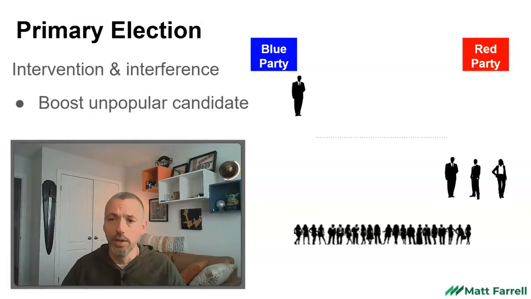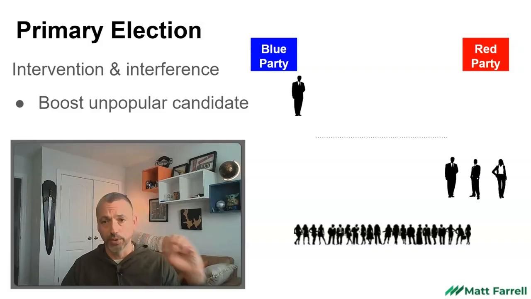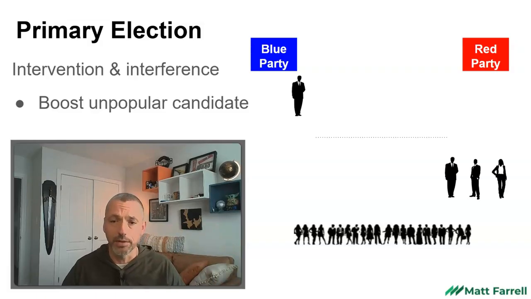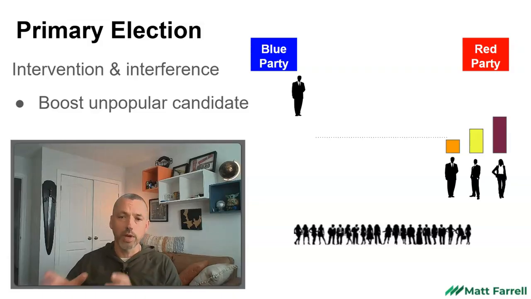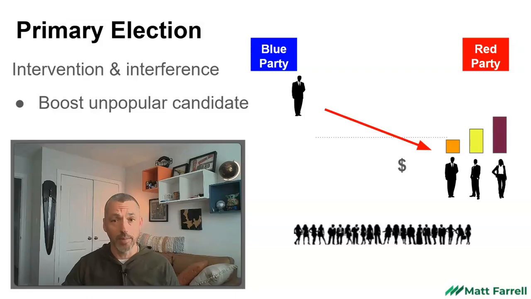Let's say we've got a few red party candidates. The blue candidate is pretty much acclaimed. They know who's going to stand for them. But when they're looking at the general election, they think about which red party candidate they might want to face. One of them could be really popular and really strong. In that case, they might have some fundraising directed at an unpopular candidate to try and boost them up. They want to face the weaker candidate in the general election, so they will do whatever they